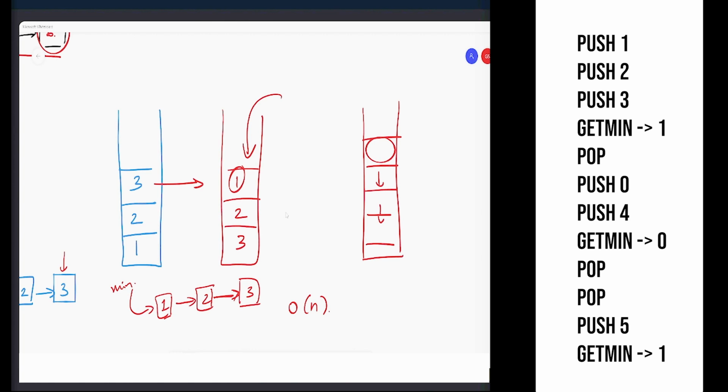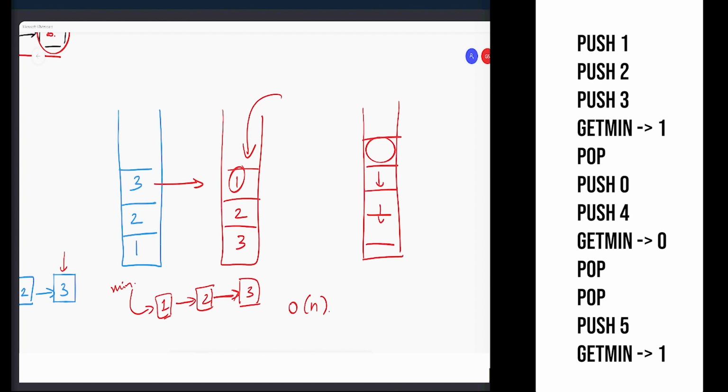Let's say we have a plain old stack. Just to keep things simple, let's say we have pointers to the next element which is smaller, the next smallest element. We have a direct pointer to that. That can happen.